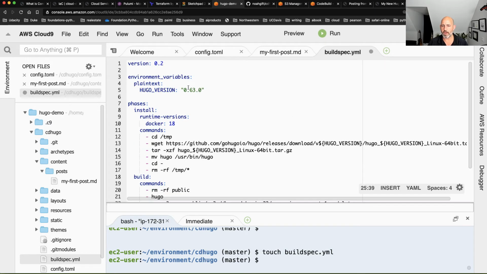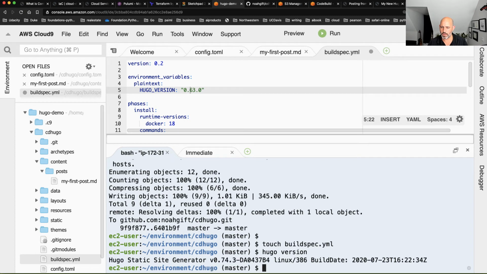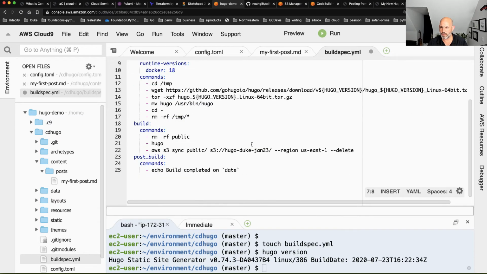So we want to change it to the version of Hugo that we're using. If I type in hugo --version, I think it'll tell me. We're running this one, so we want to tweak it to that. So we'll put that in there like this.